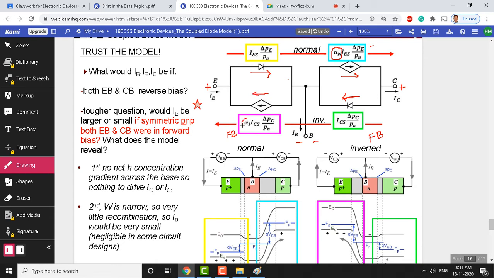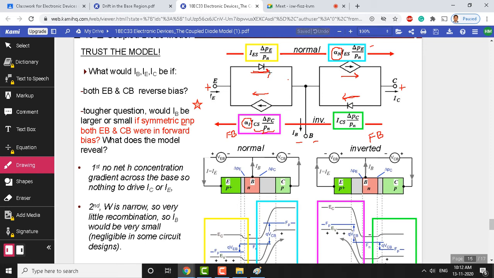And you can see here there is alpha I, a current transfer ratio. That means total charge is injected here, and a fraction of that reaches the emitter. How much reaches it is alpha I times the remaining terms, which is the same as here. So out of this term, alpha I times reaches the emitter here also. Out of the total charge carriers injected, alpha n of this reaches the collector here.